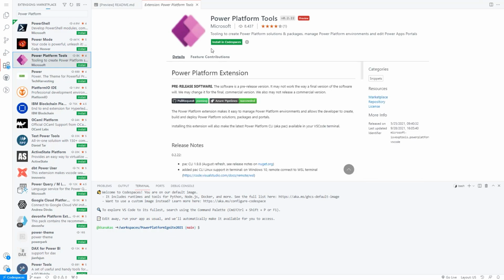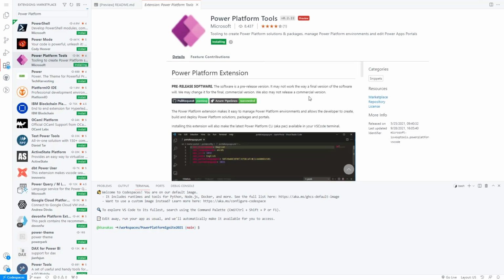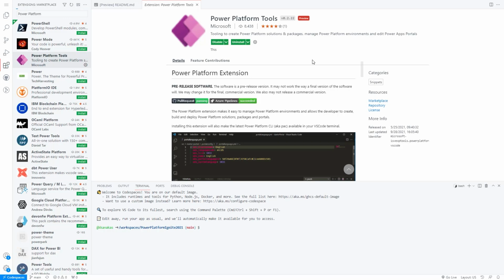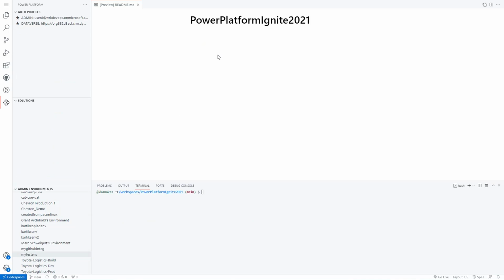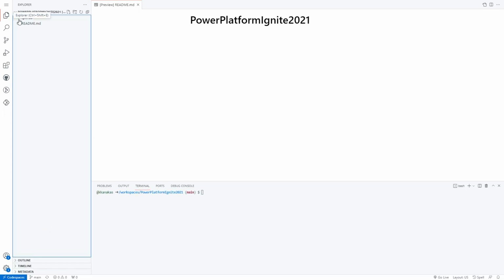And now look at the difference. Typically, when you install extensions, it just says install. But in this case, it understands that you're installing this into Codespaces. Once you do that, it sets up the entire environment ready for you and good to go. And as you can see on the activity panel, you now have an icon that highlights the Power Apps integration.